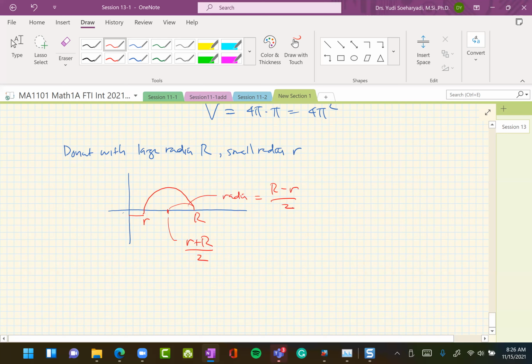And this distance traveled by the centroid here is just 2 pi times that, in general. So by Pappus,